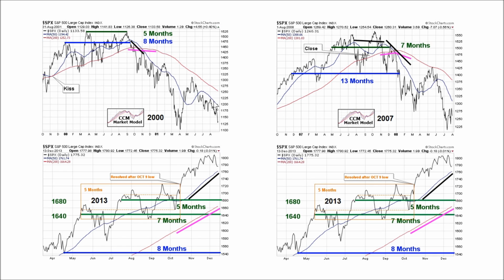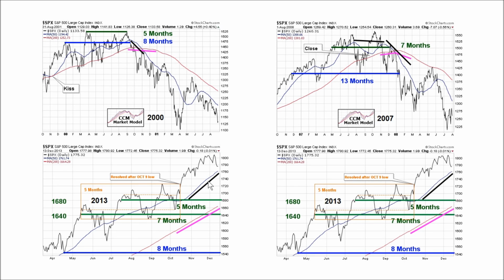Notice prior to problems coming here in the year 2000, the slope of the 50-day is negative and clearly rolling over, and then we get the bearish cross as well. This is what's known as a death cross, blue below red, 50 below the 200-day. Let's compare all of this to the present day.